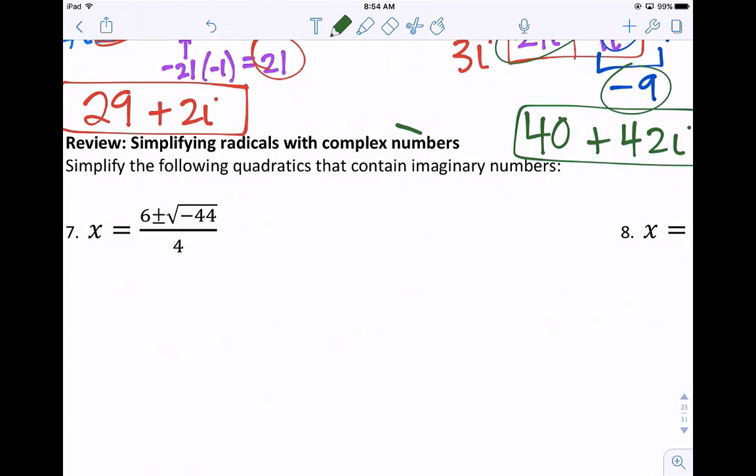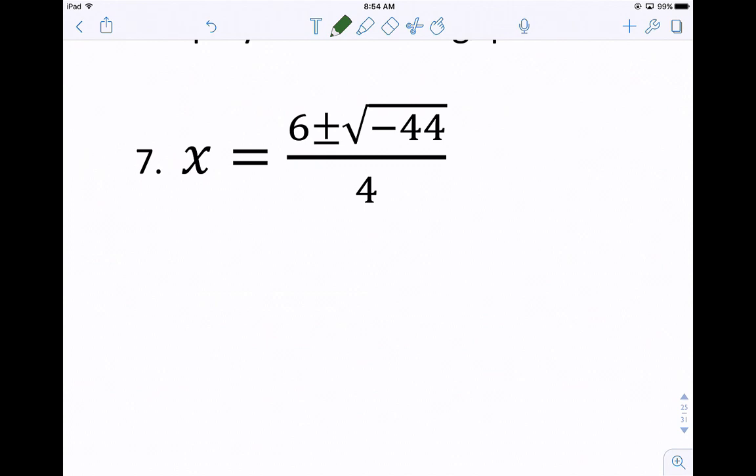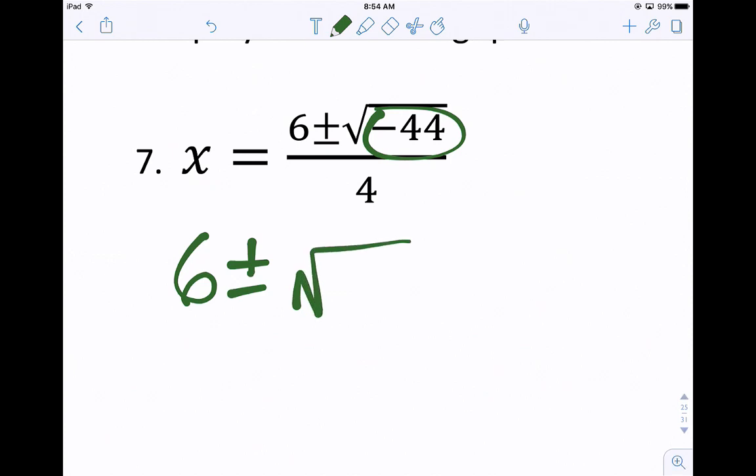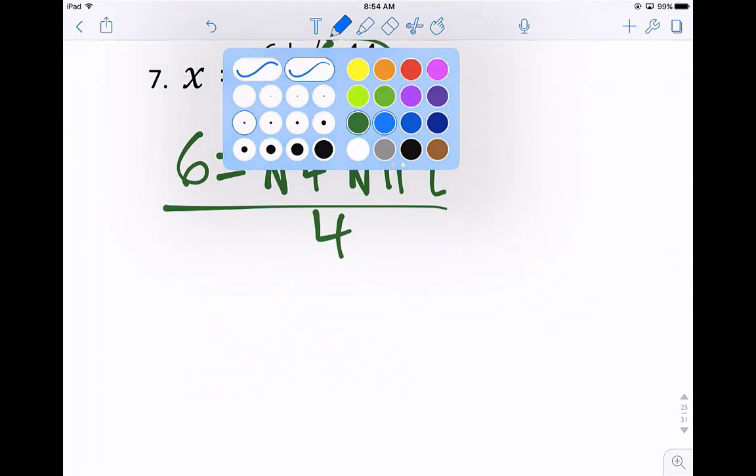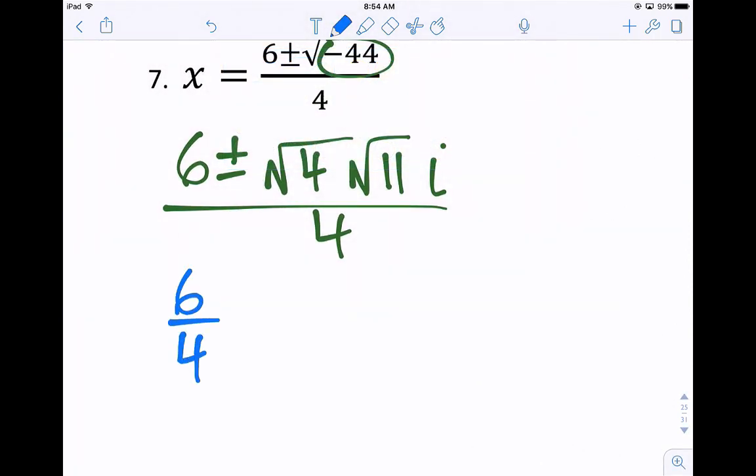Again, if you have quadratic formula with a negative number, you need to know how to simplify that. So again, you've plugged into quadratic formula. Here's what you get. You should notice there's 2 imaginary solutions, so let's simplify. We have 6 plus or minus. Biggest square number we can divide 44 by is 4. Pull out the i over 4. Let's break it up. So here we have 6 over 4 plus or minus